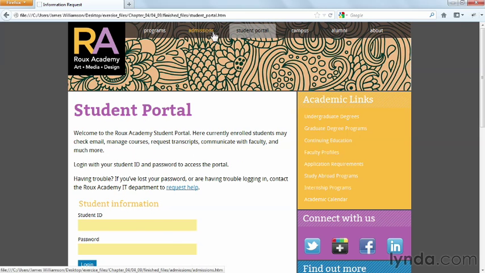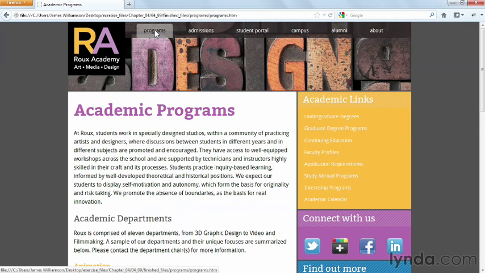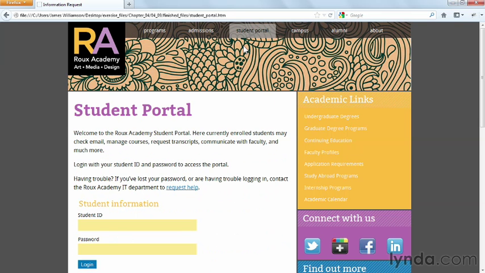Remember that getting this current page indicator to work is actually a two-part process. Not only do you have to write the styles for it, but you're going to have to go into each of these individual pages and apply the appropriate class or ID, depending upon which you choose to go with, for that particular page. I do realize it's going to be a little harder than your previous labs, but I really wanted in this lab for you to experience what it's like to have to plan and execute a menu within